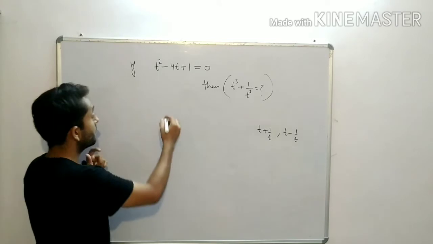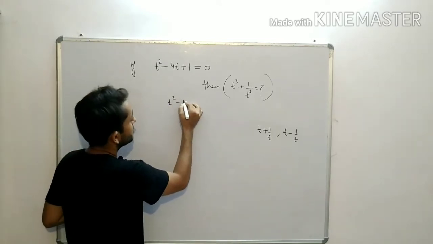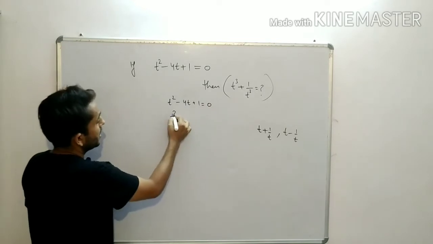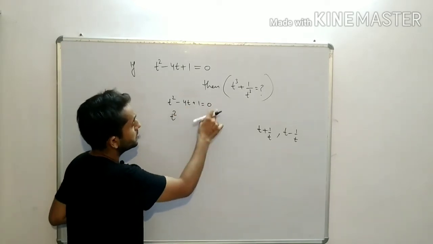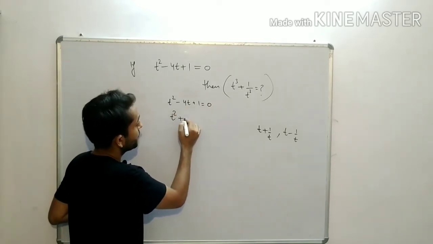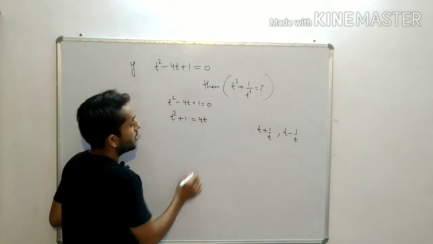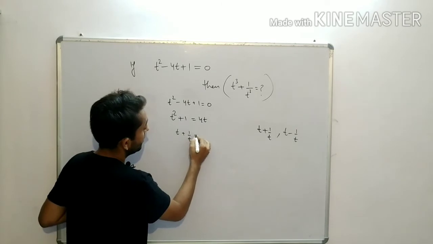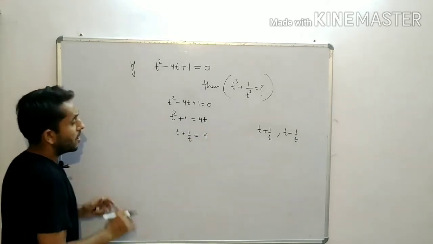So let's solve it. t square minus 4t plus 1 equal to 0. t square plus 1 equal to 4t. Now divide by t, we get t plus 1 by t equal to 4. Now we get